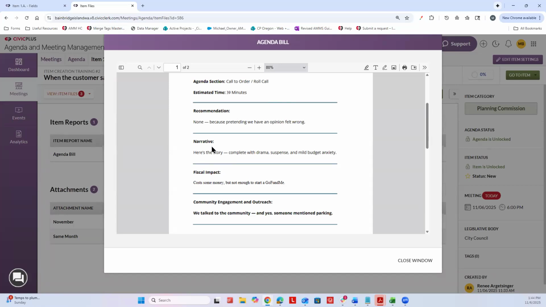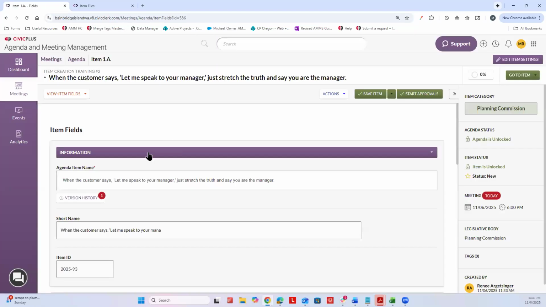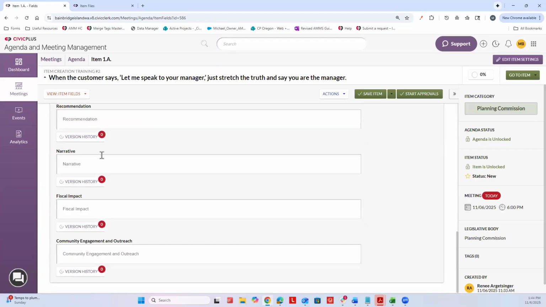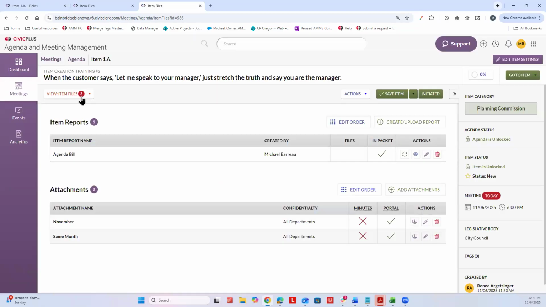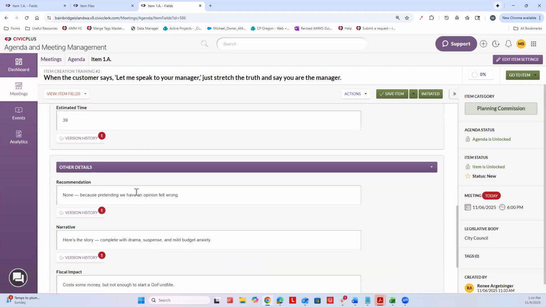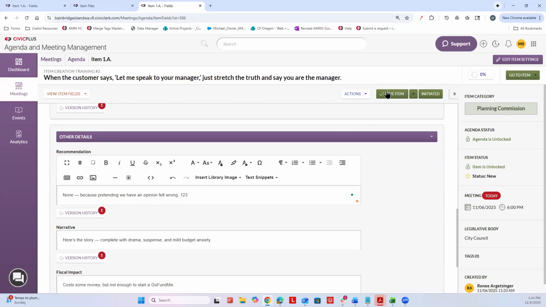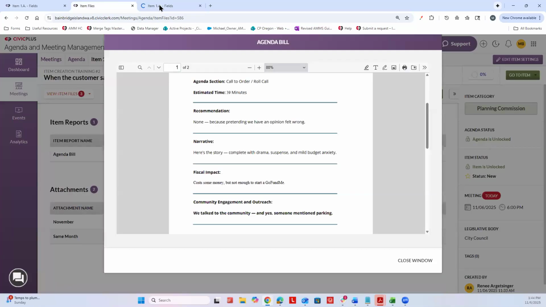If I wanted to add something to narrative, let's go to the field real quick and make a change. I usually duplicate my screen and go back to that item fields area where I initially added the text, since it's still there. And then I'll just put 1, 2, 3 at the end of this. And if I save that and go back,